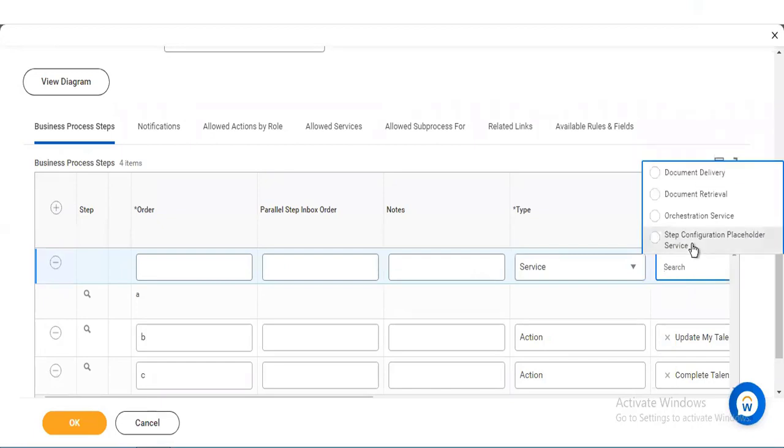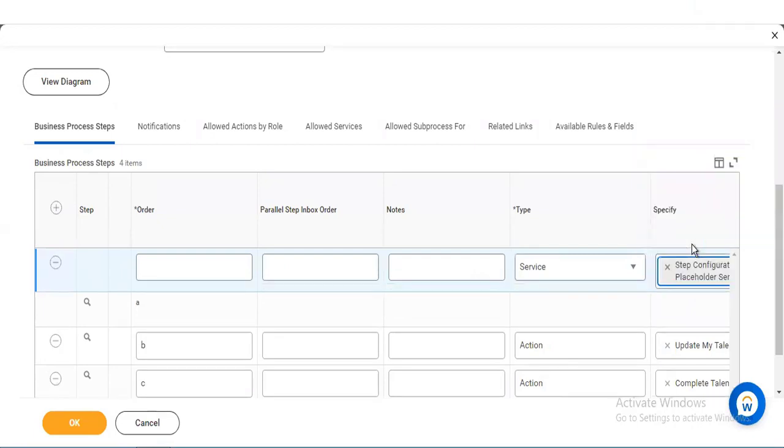For step configuration, placeholder service. This is a new step that the community told me to add. The reason they stated is in the community part. That is the reason why I asked you whether you have community or not. Okay, in this, what they're telling is this